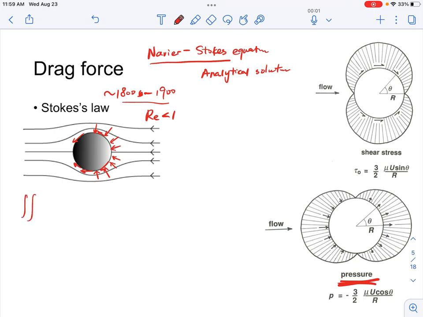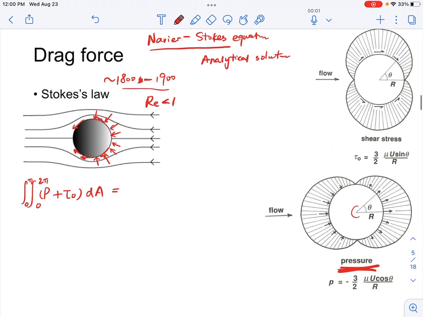By integrating these two forces, P plus tau 0, over the entire surface area of the particle, so theta from 0 to 2 pi, and the angle from the top of the sphere to the bottom of the sphere, 0 to pi, you find that integrating these two terms together, the drag force